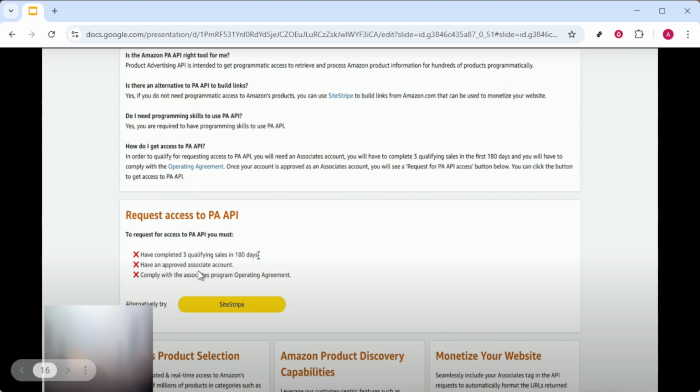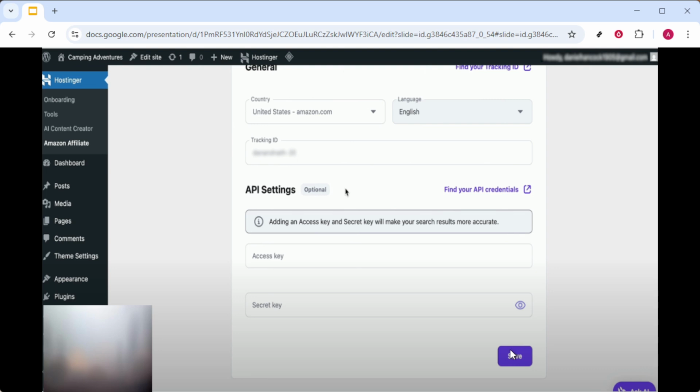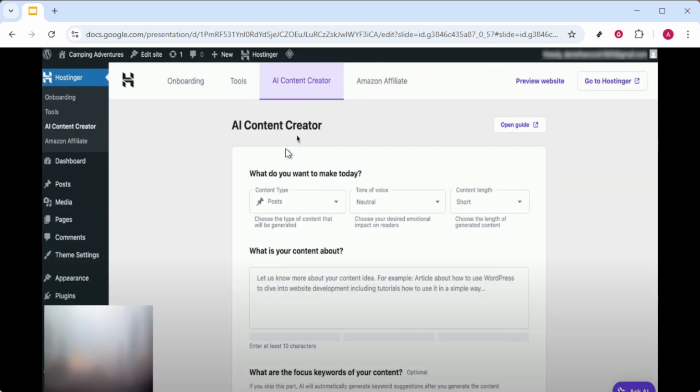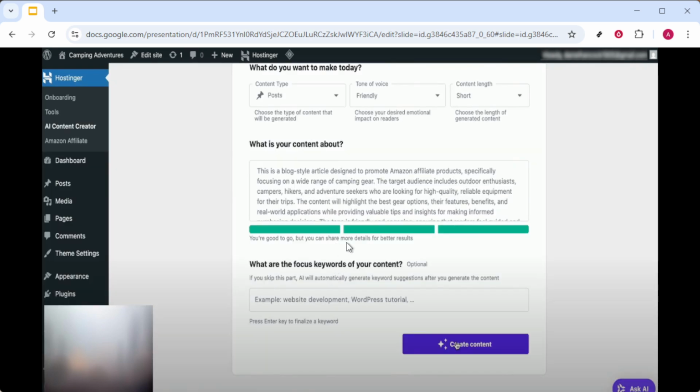Now, explore the AI Content Creator section in WordPress. This tool will allow you to create engaging content quickly, which you can incorporate with your affiliate links to entice your audience and drive sales. Select Create Content and begin crafting pieces that highlight products, utilizing enticing descriptions and personal reviews where possible. Through this method, leveraging Hostinger and Amazon Associates together effectively, you can start generating earnings, potentially earning up to $400